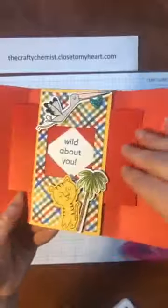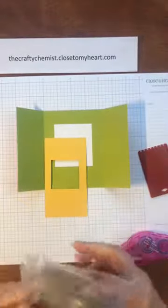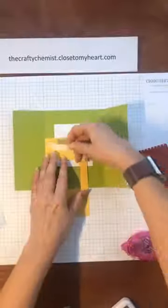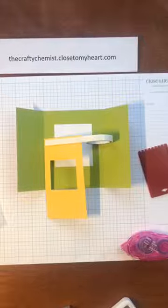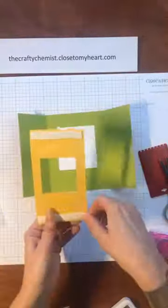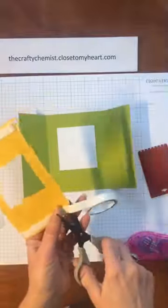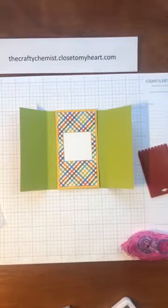I don't know if you can see, but you need to pop it up a little bit because you need the shutters to have some room to slide. So we're going to pop this up on foam tape. It doesn't have to be super thick. I'm very low on this, so we'll see. I'm going to put one at the top, and one at the bottom. And then I also put one part way in, but you want to be careful because you want to make sure you leave enough sliding room for your